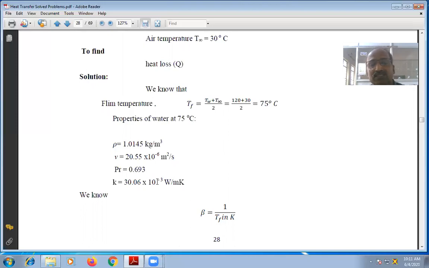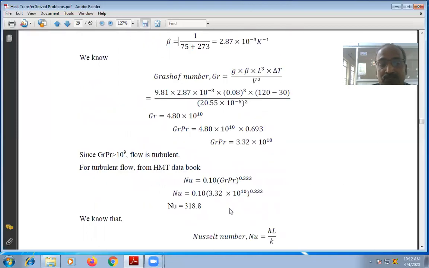First and foremost, there are definite steps with which we have to go for natural convection. We know that this is beta. Beta is called the coefficient of thermal expansion. How the thermal expansion will take place with the present environment of the temperature of the body and the temperature of the surrounding. That is 1 divided by the film temperature in Kelvin. That is most important. Sometimes many people keep it in degree centigrade. So beta, the coefficient of thermal expansion, is the reciprocal of film temperature, 1 by Tf in Kelvin. So here you can see 75 degrees centigrade; you have to add 273, compulsorily. So we will scroll back.